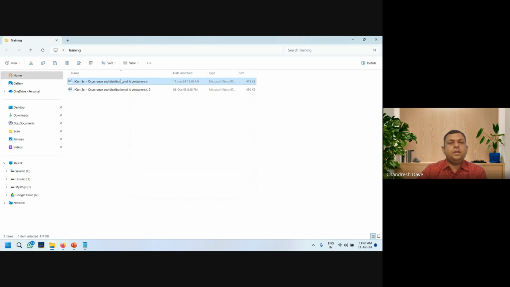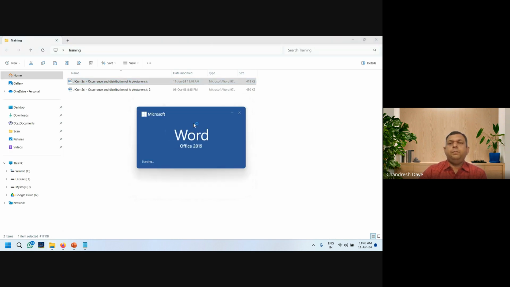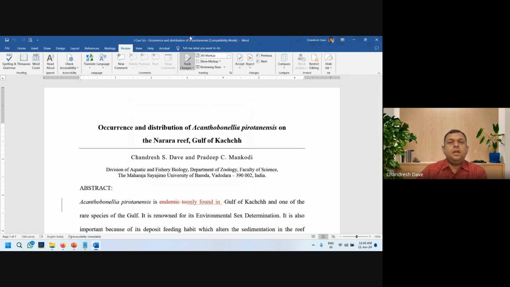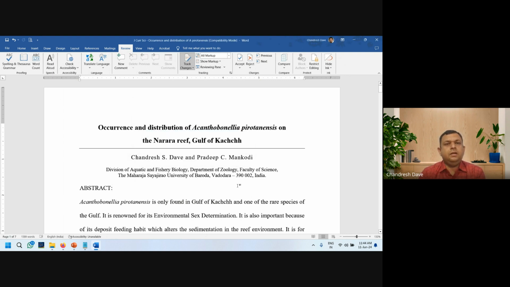Another feature is compare. For example, many times we might have come across the situation where we have multiple copies of our text lying with us, and we do not know which kind of change is made and which one is the final copy.